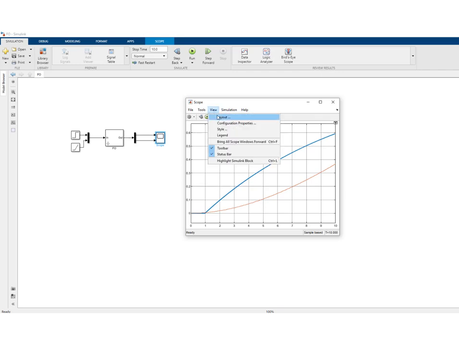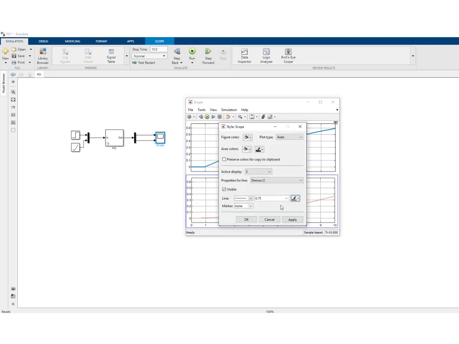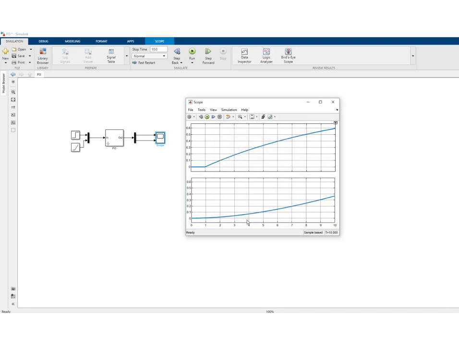This we can solve by going to layout and taking 2 output plots. The colors are different, so if you want to give them the same color, you go to style and change the color here, and again we can take this thickness of 2, right? So here we ran for 10 seconds, but